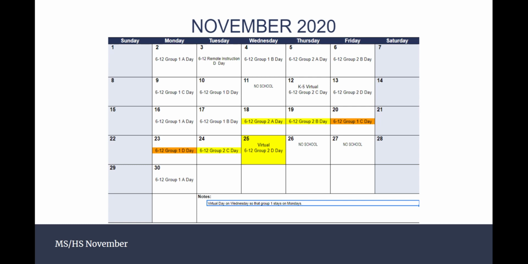In order for Group 2 to end prior to Thanksgiving vacation and for Group 1 to start on November 30th, we needed to remove a virtual day from November 18th and then incorporate November 25th as a school day. On our original calendar, that day was off, and now it will be a virtual day. Although it says Group 2, normally they would be in person. However, we're going to ensure that it is a D day, so that way we end the cycle and we begin the new cycle in December.